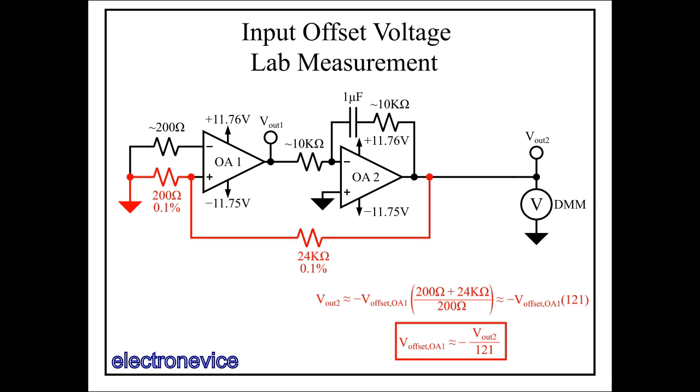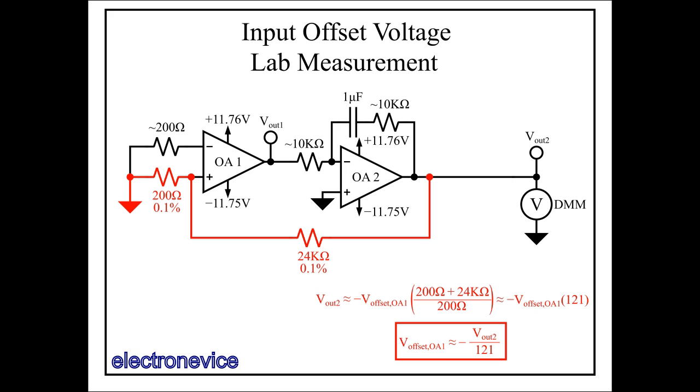Errors in these resistances are one of the main sources of error for the measurement, and so the high precision resistors were necessary. The other resistances do not need to be precise, so I have used the standard 5% through-hole breadboard resistors. I set the gain to 121 rather than something larger like 1000, based partially on the resistances I had on hand, and because gaining up the offset to around 100 puts the offset at the high end of my DMM's millivolt range, so it works out well.